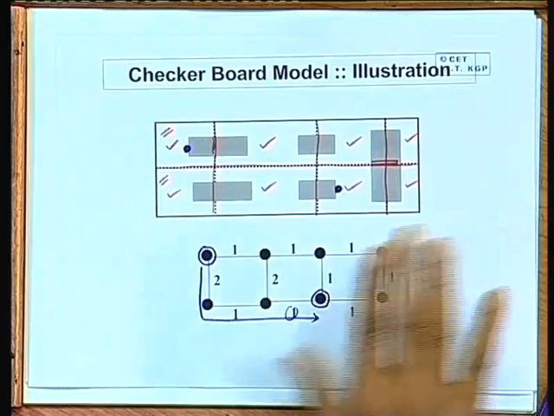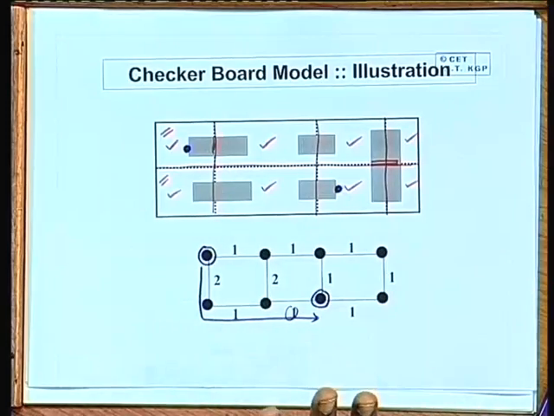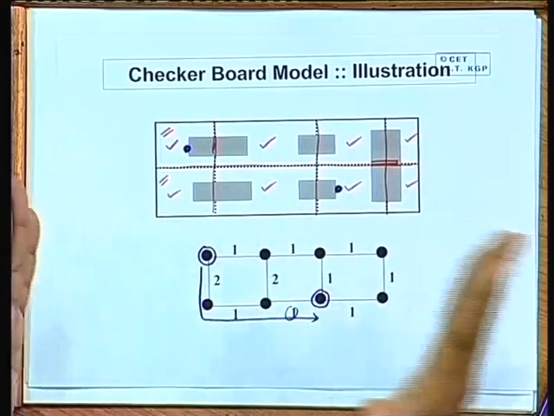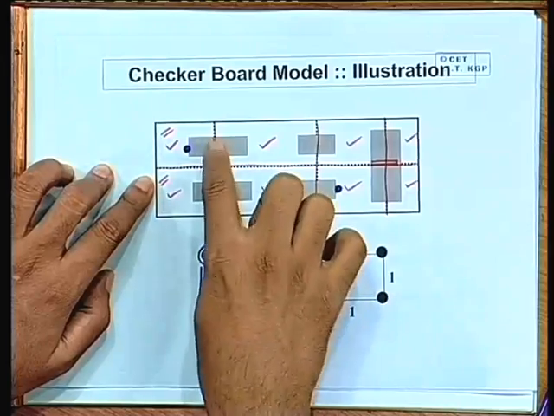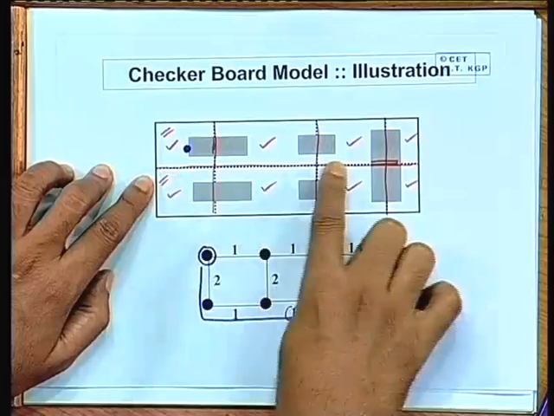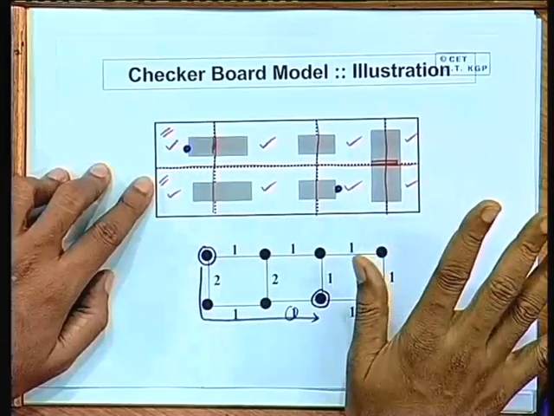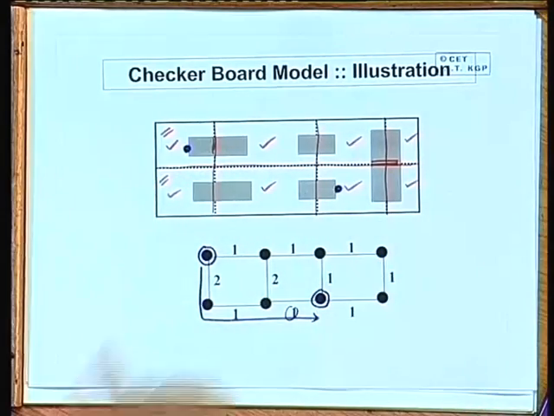So, this checkerboard model is suitable to address the global routing problem, because it is not as fine as the grid graph model. It identifies the obstacles and their boundaries and tries to find a path. But the problem with this model or method is that, ultimately, when we proceed to do the detailed routing,